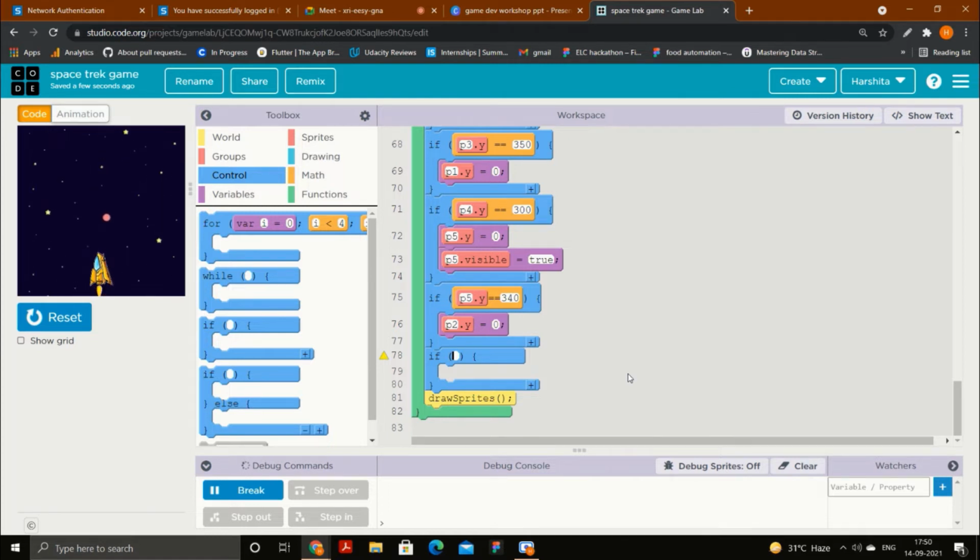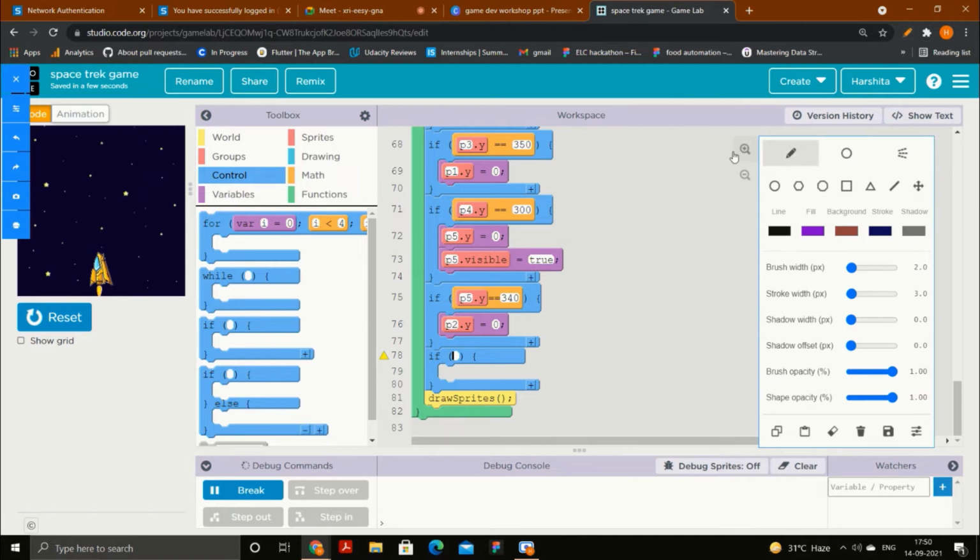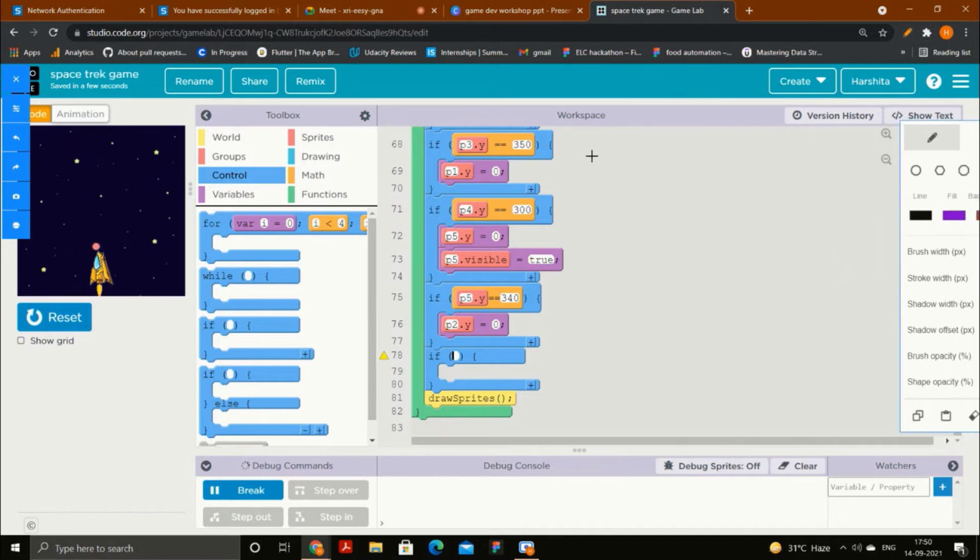Now, here is a small concept, and that is known as the OR condition. There are two things: the AND condition, and the other one is the OR condition. I will show you the OR condition, and the symbol of this condition is this one, like parallel lines. The second thing is the AND condition, and the way to represent it is this. This is just a symbol to represent the OR condition, and this is a symbol to represent the AND condition.